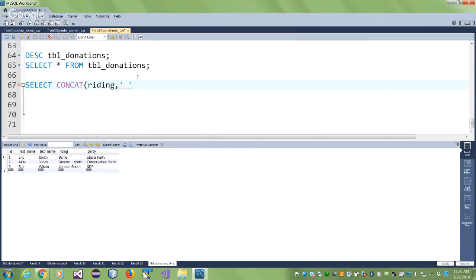If you want to put a comma, nothing stops you. Put a comma and a blank and then concatenate it with party. And then spit it out. And again, definitely when you do anything like this, always give a heading. You can say something like writing comma party. You know what I mean? Like it's an odd one, but